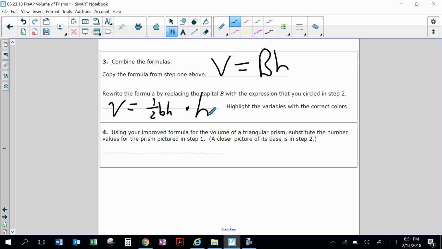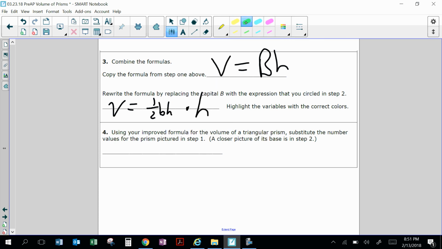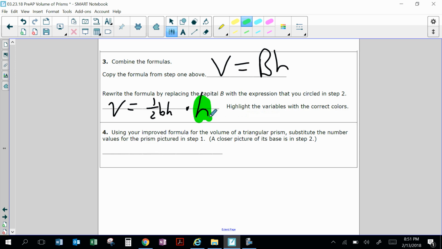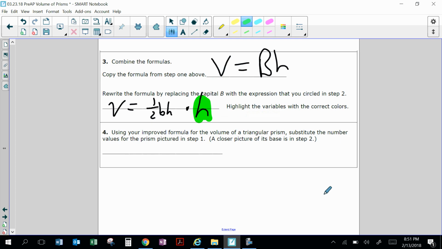Highlight the variables with the correct color. So if I look at here, the height of the prism is in green, so this should be green right there. And the base of this one should be yellow. And the height of this should be green. So using your improved formula for the volume of triangular prisms, substitute the number values for the prism picture in